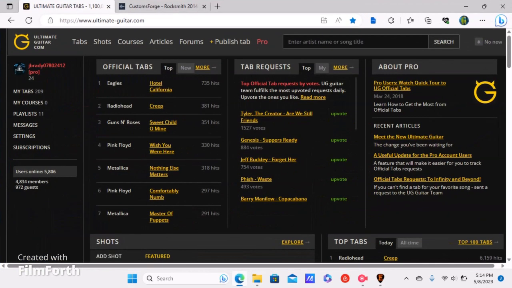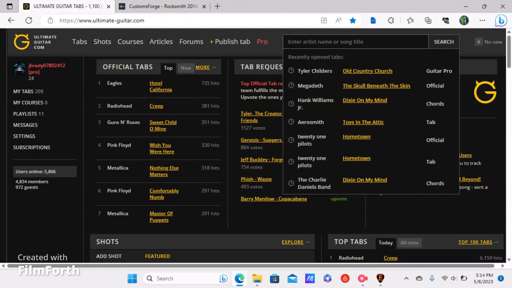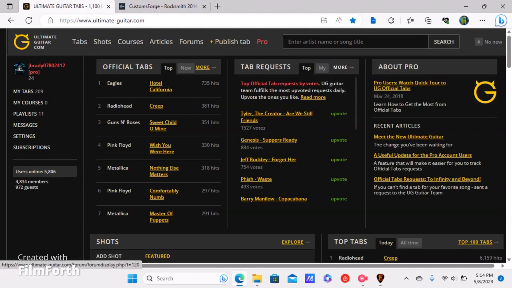After that, you're going to need some tabs to go along with the audio you have. That's where Tux Guitar and Ultimate Guitar come along. Guitar Pro 8 and Tux Guitar have a lot of really good tutorials already out there, so I'm just going to show you how to do it for